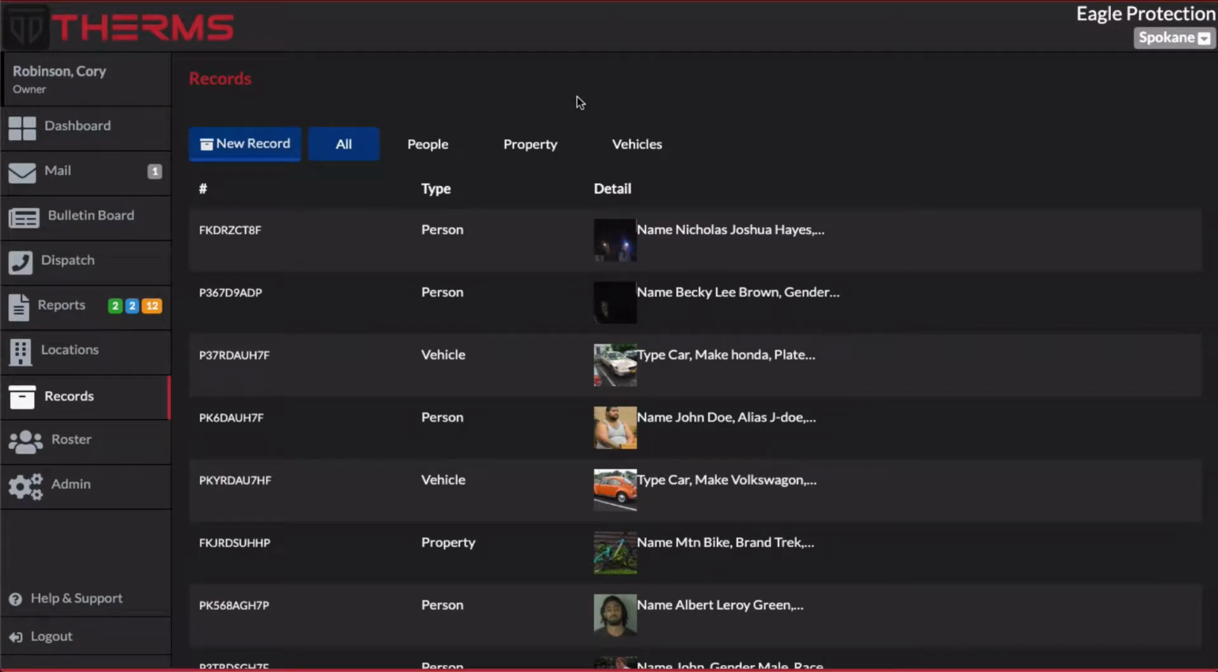We're going to cover the records module in TheRMS. A record is a person, property, or vehicle, and records are used for managing information that is related to people, property, and vehicles, and tracking them in TheRMS. Users can create records, they can link to them or from them, they can comment on them, and they can